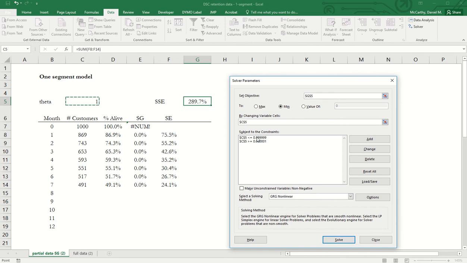The only other thing I need to do is take into account that we're assuming this coin-flipping model, where there's some probability of churn, and every month you flip your coin until that coin comes up heads. We know that the coin must have a probability between 0 and 1. So these constraints impose the fact that theta must be between 0 and 1. We keep everything else as it is. We run Solver,